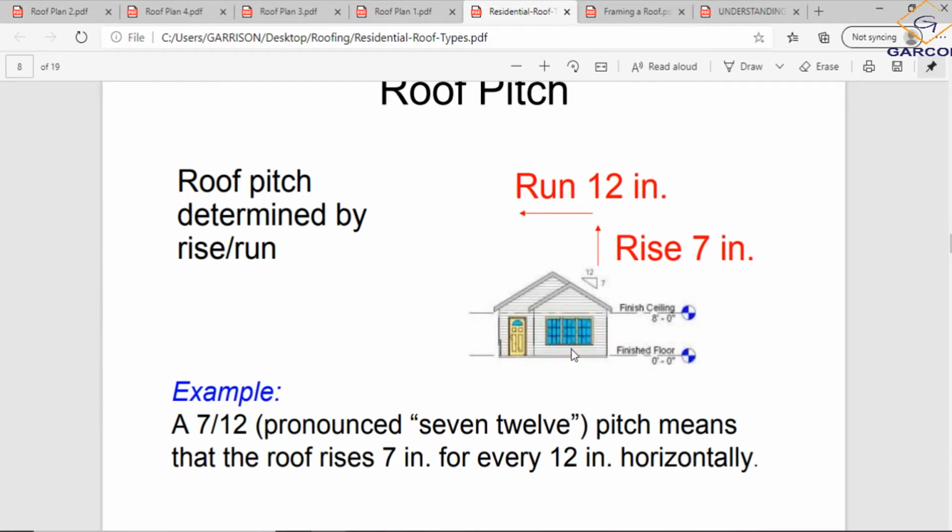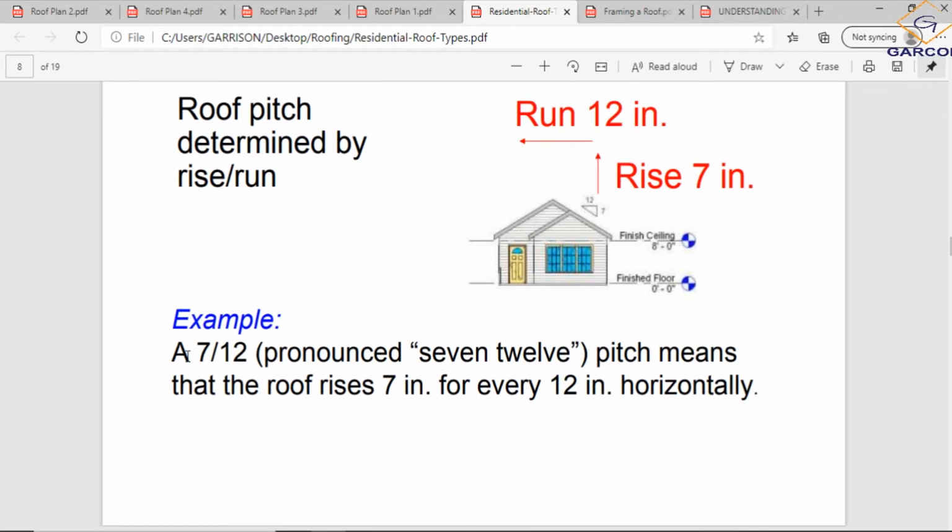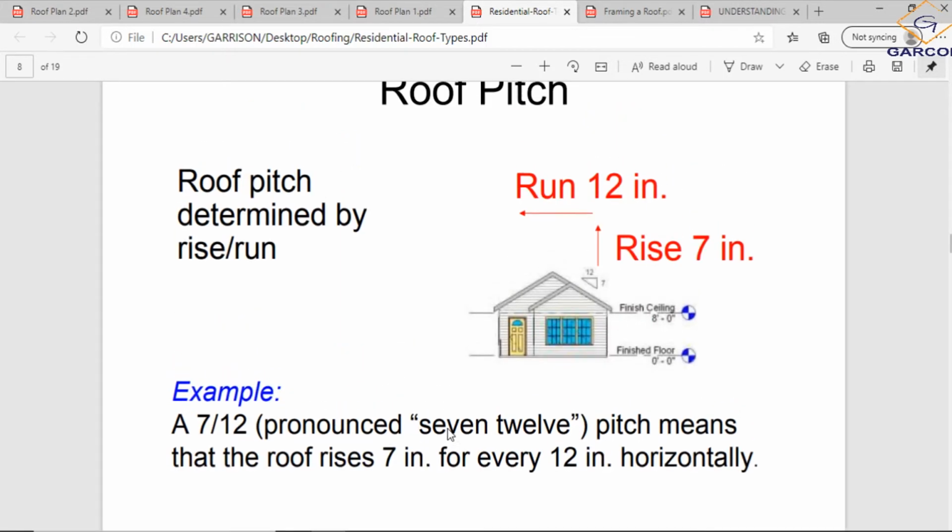And it says, for example, a 7/12, however you want to say it. So this is like a fraction. A 7/12 pitch means that the roof rises 7 inches for every 12 inches horizontally. So for example, when I say the pitch of the roof is 7/12,